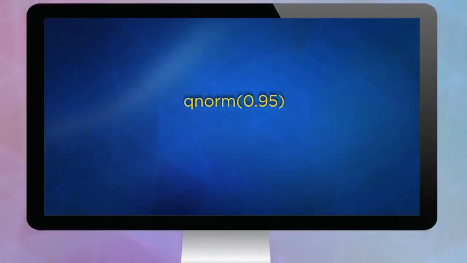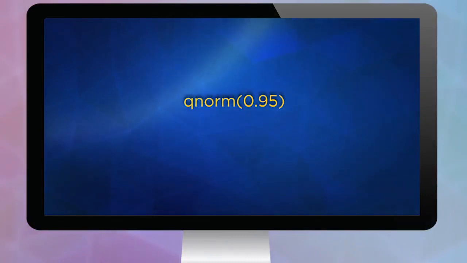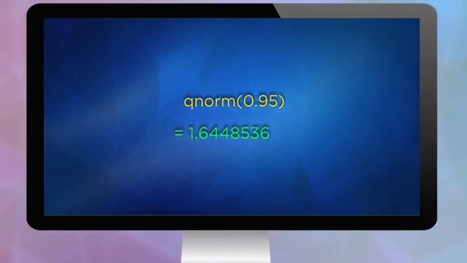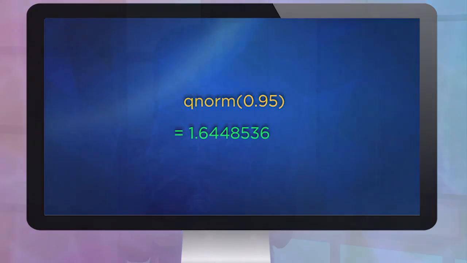Now we can also solve for it using the standard normal. So qnorm of 0.95. And remember here, the default is the standard normal, so we don't have to specify a mean or a standard deviation. We get a value of 1.64 approximately. So to get back to X, we've got to take that value, multiply by sigma, and add mu, which confirms